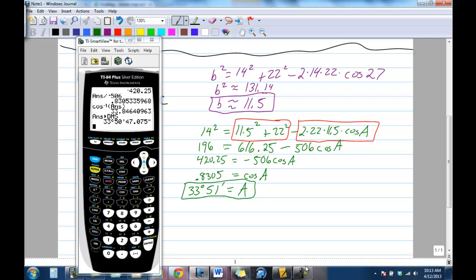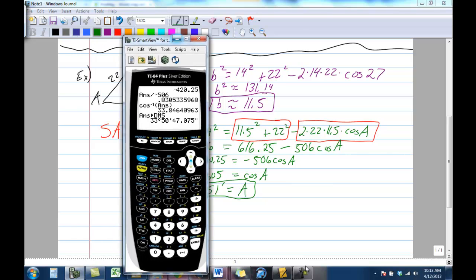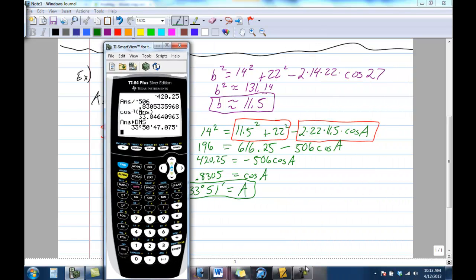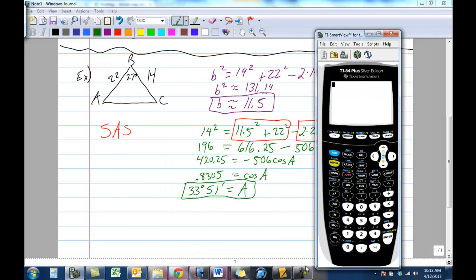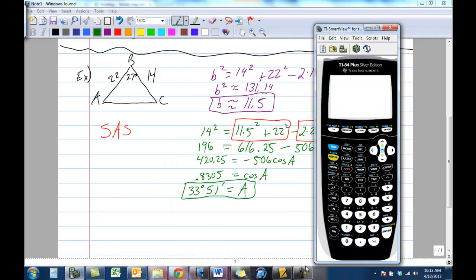All right, so we still got to find angle C. Right? Well, where are we at now? So far, we have that angle B is 27 degrees, plus angle A is 33. Now, here's what's up. You got to press second angle, degrees, 51 minutes, and we're going to be at 60.85. So far,